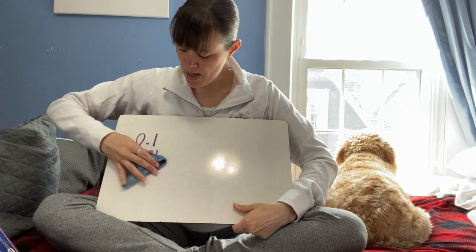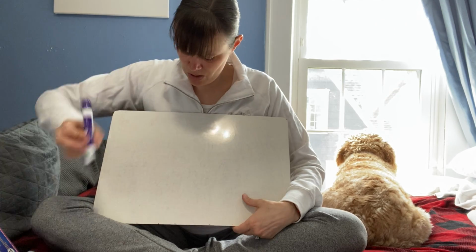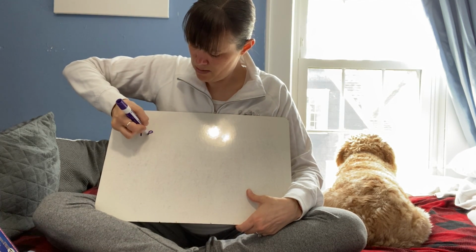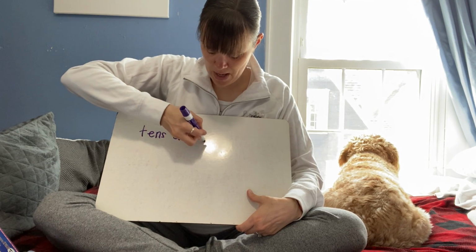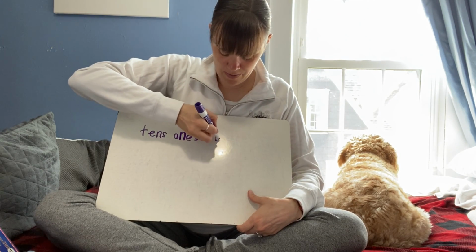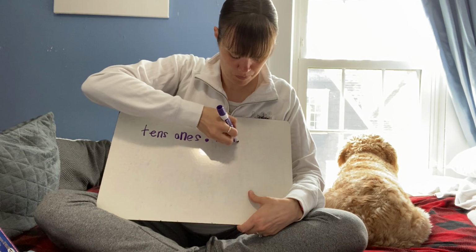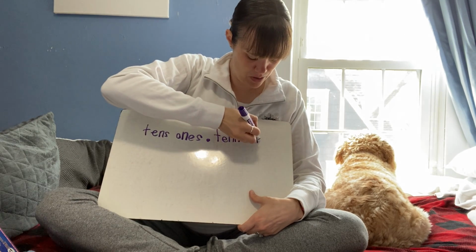Remember, even though we haven't really been using a place value chart, we have tens, ones, then we have our decimal, then we have tenths,